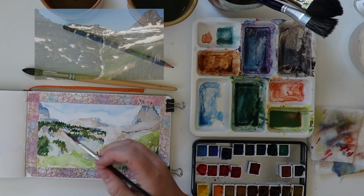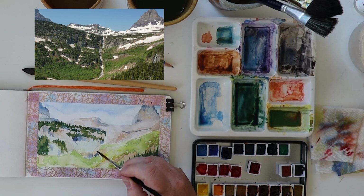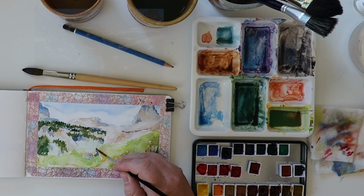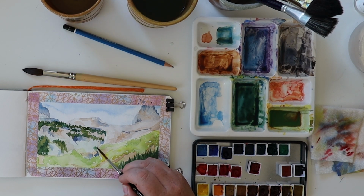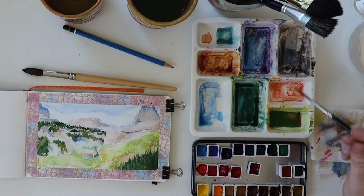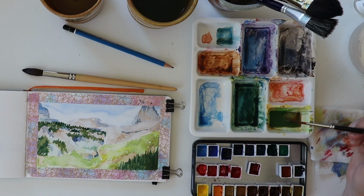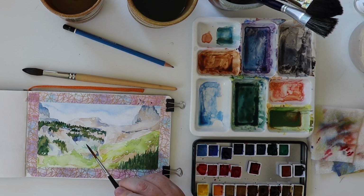Here is a photo I took that I am using as reference. So I'm just finding where I want my next darks to be, and then I just start painting with my paintbrush. And painting with watercolor is really about understanding the ratio of water to the watercolor paint. And watercolor paint is basically just the pigment, so the color, and then a binder, which is usually gum arabic,